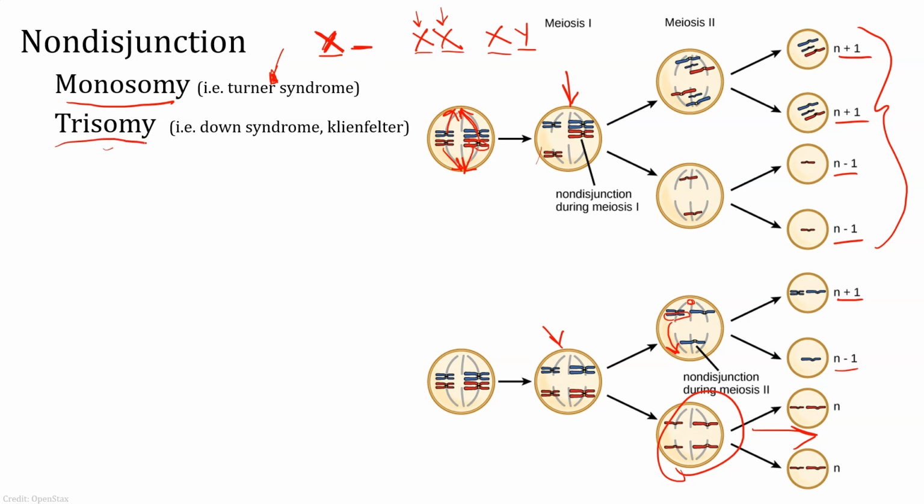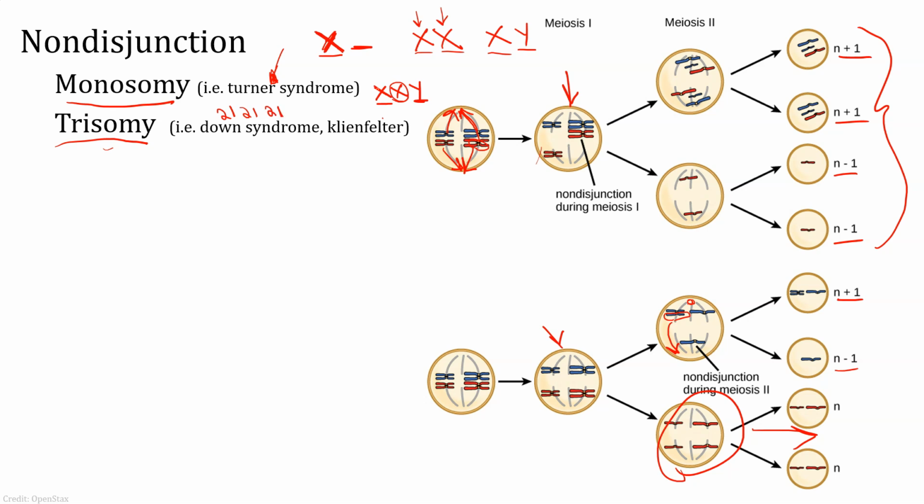Okay, in trisomy, instead of having one too few, this is having one too many of a specific chromosome. One example is Klinefelter syndrome. This would be where an individual had an X and an X and a Y. The Y would render it male anatomy, but because there's another X chromosome there, it's male anatomy with some excessive female hormones being produced. Another example is Down syndrome, which is three